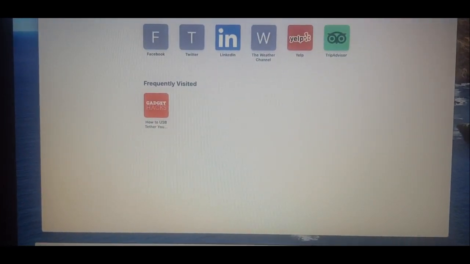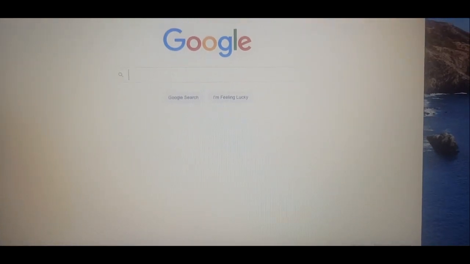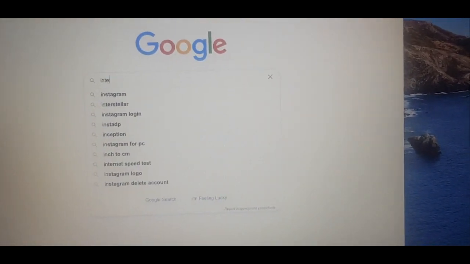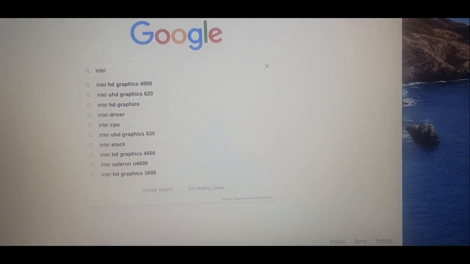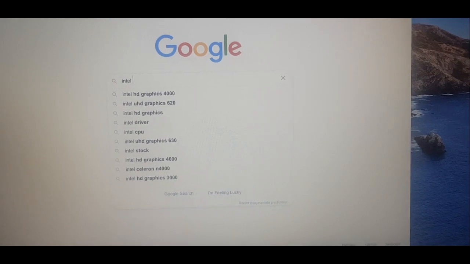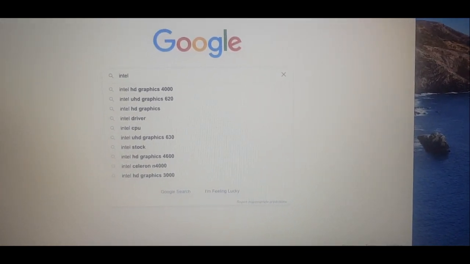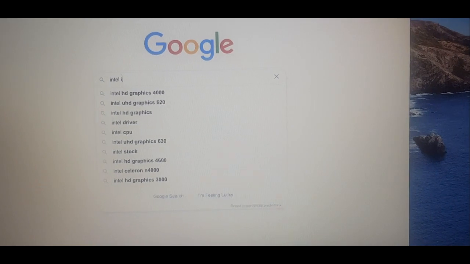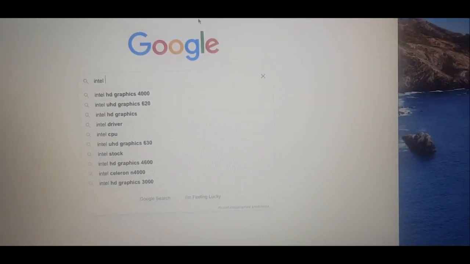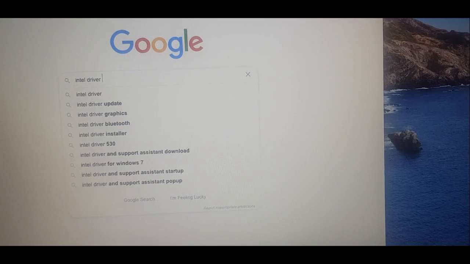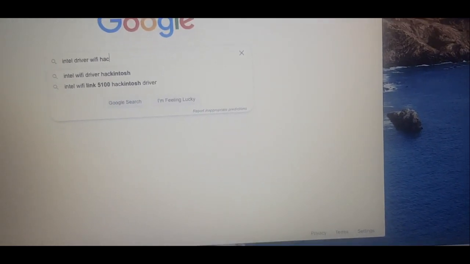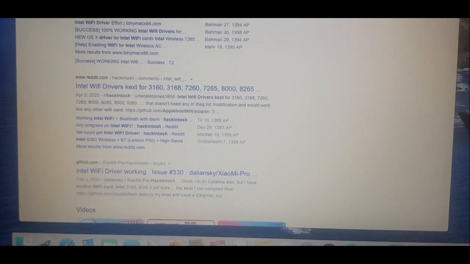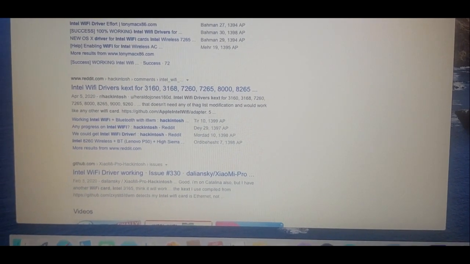And Wi-Fi, as I said, I couldn't make it work. The Wi-Fi here is Intel, the model of the Wi-Fi of this laptop, and Intel has problems with Mac, because no one has found out how to make it work. But if you search on Google "Intel Wi-Fi driver Hackintosh" and click on that,